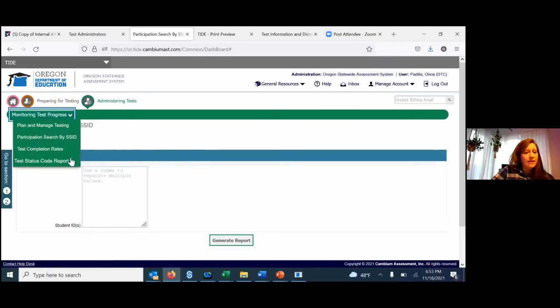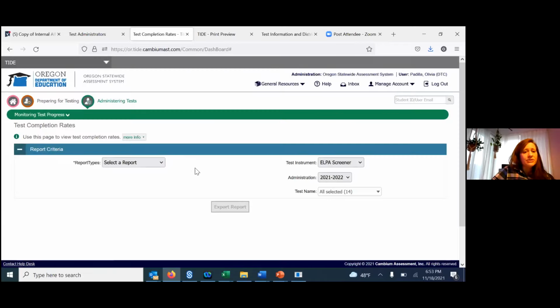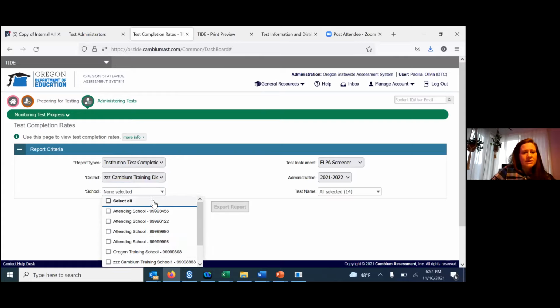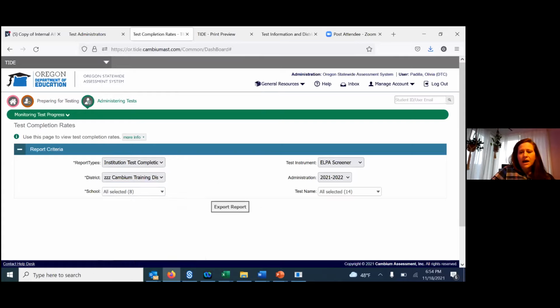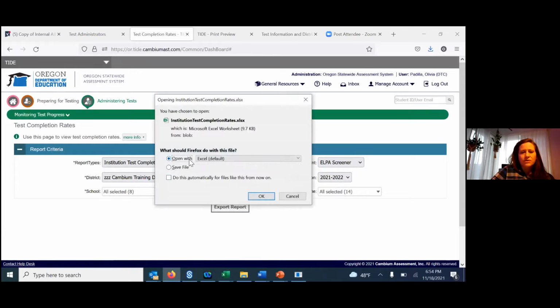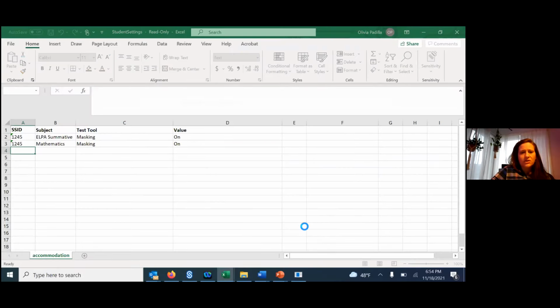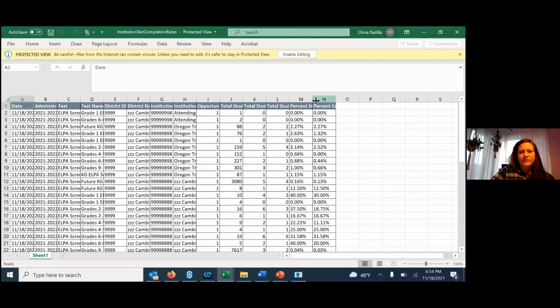And then finally, test completion rates. This is really helpful. One thing I like to show here is, if you look at institution test completion rates, you can run that for your whole district, and you can select all schools. And then you can see a report that shows you the rates for each of the schools in your district. So if you set a goal of, let's say,